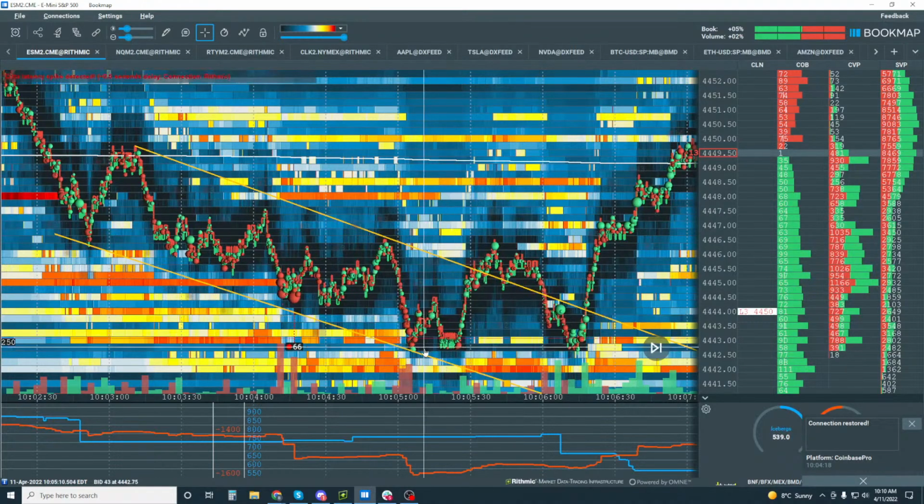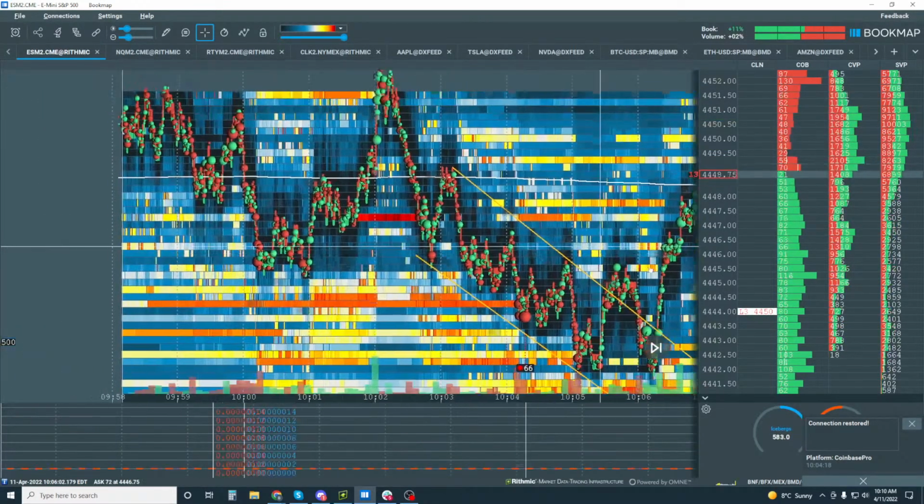Sellers came back down, retested this area here, and then look at the volume down here. How much selling do we see down here? You know, not much, right? So we see a lot of buying though. So we're looking for buyers to retest back up to this area here and see if they can even get through that area